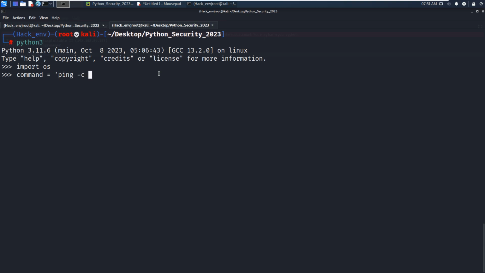As you know, the ping command will be different between a Windows machine and a Linux machine. For example, on a Linux machine, we can use the option -c to specify the quantity of packets to be sent to the machine. Okay, on a Windows machine, the option would be -n instead.